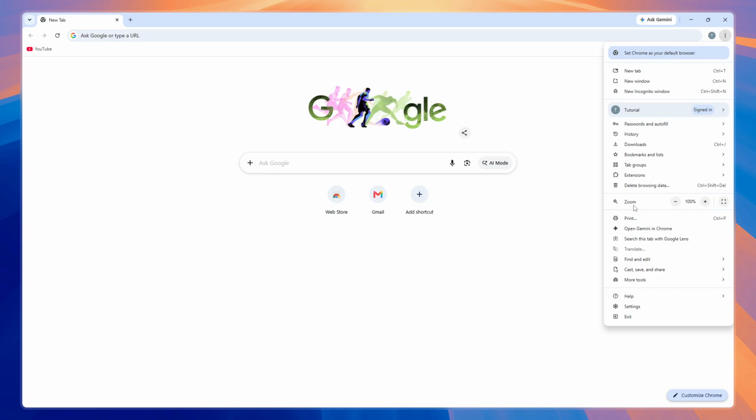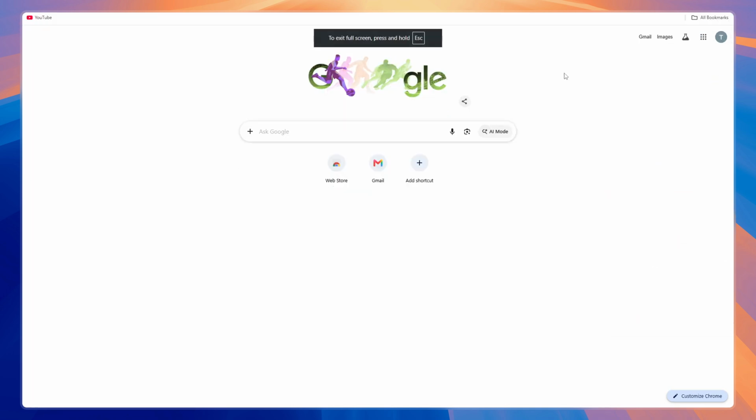You'll see options to adjust your page zoom level, but right beside the zoom percentage, there's a small full screen icon. Click on this icon and Chrome will immediately switch into full screen mode, just like with the keyboard shortcut. This method is especially useful if you're already navigating through Chrome's settings or if you simply prefer clicking over using